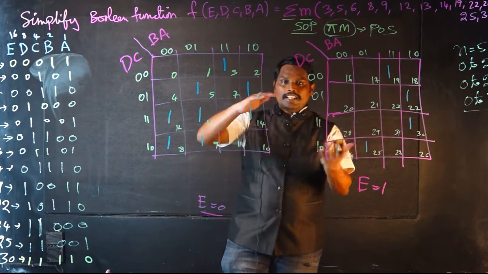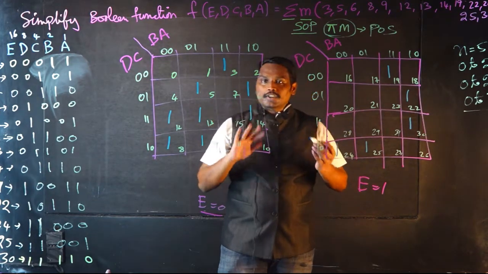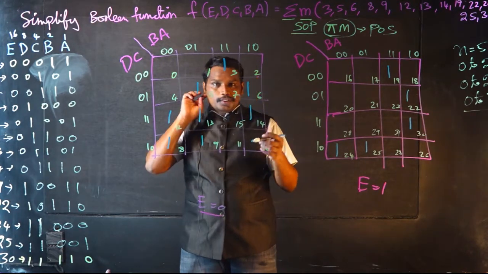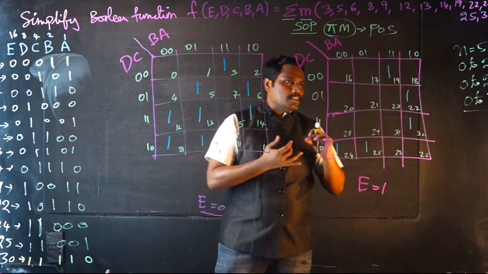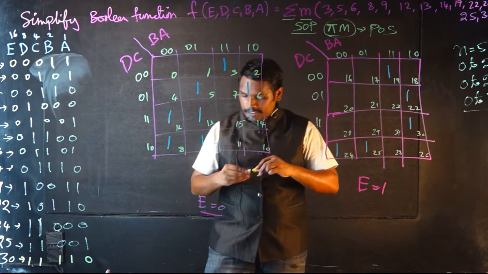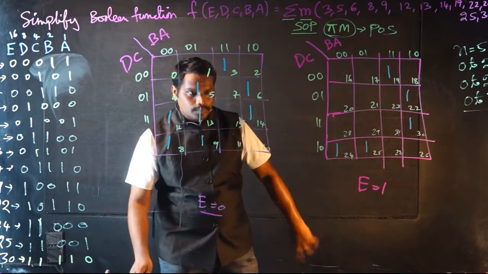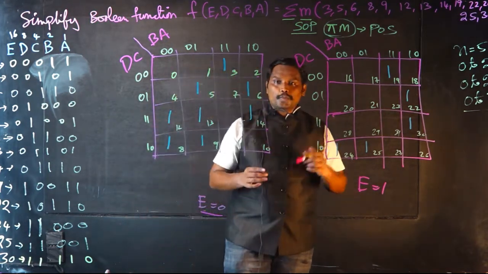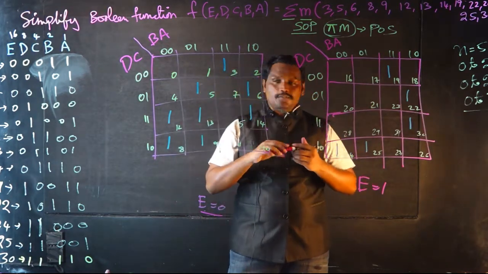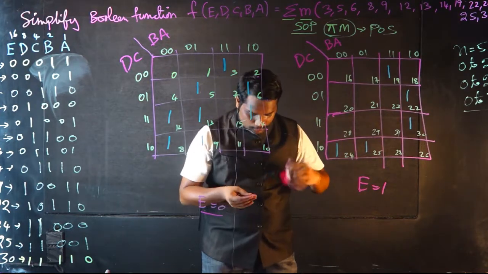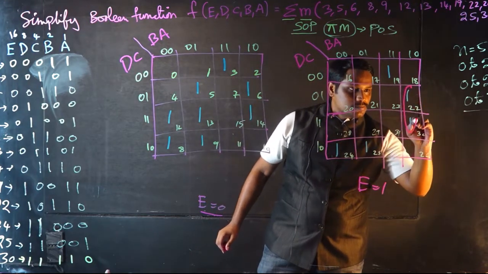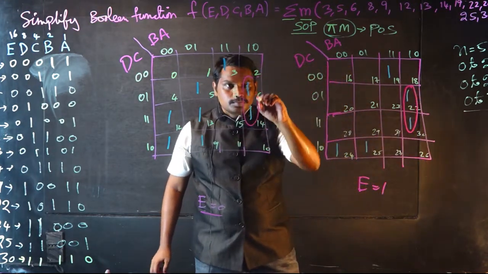So now you can see this particular Karnaugh map is like a mirror, right? Here, the same grouping of adjacent ones into groups. You know the concept of octant, quad, pair, right? Now you can see that these positions you can make as a group, right? Since these two Karnaugh maps are the same, this one and this one are like a mirror.